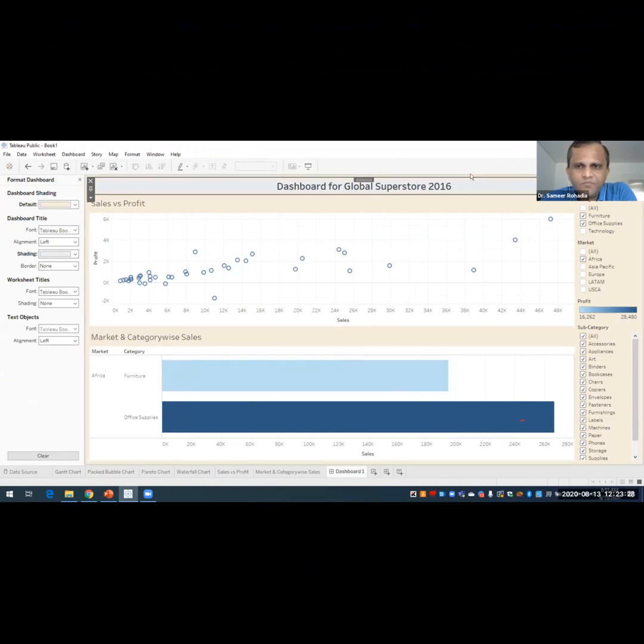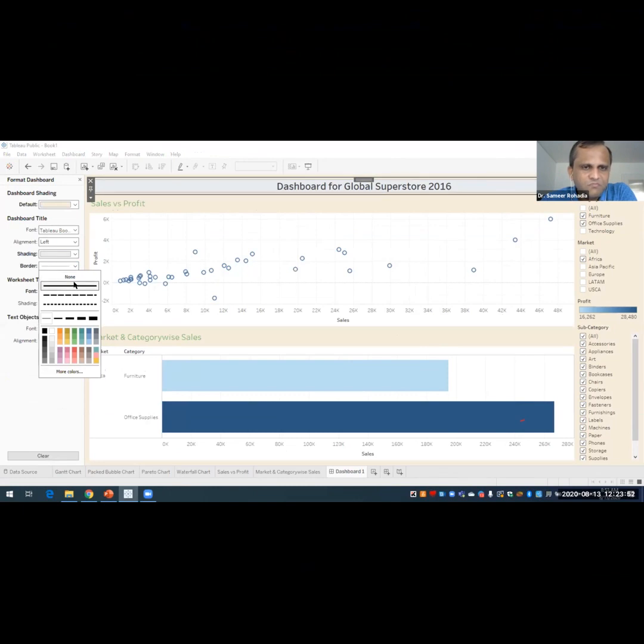So I'm putting some shading over here. Then worksheet title, if I want to do some shading, it's not basically a shading, it is just coloring the fonts. So this is sales versus profit, now it has become green in color. If I want to have some border, that is border for the main title.